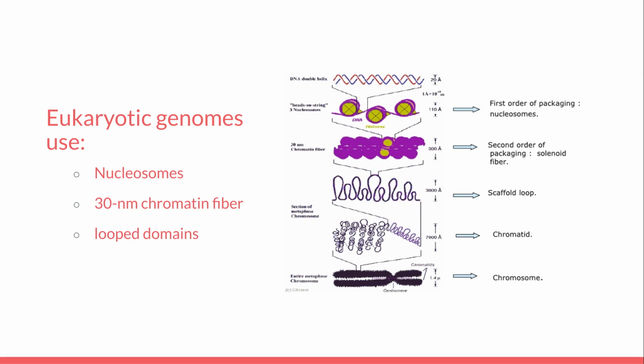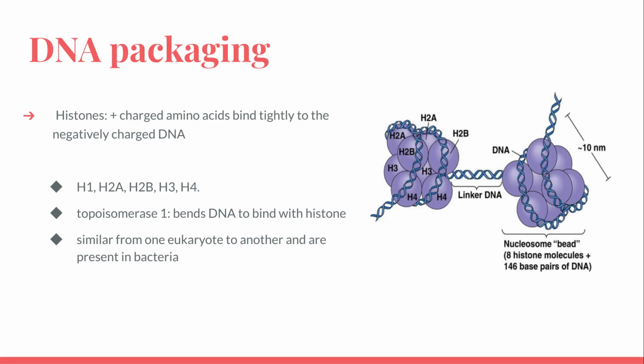So the key to this is the presence of proteins called histones, which have a lot of positively charged amino acids. And DNA is an acid, as the name indicates, right? Deoxyribonucleic acid. So it's an acid, and as you know, acid and base, positive and negative charge, can interact with each other. So the DNA is wound around the histones,